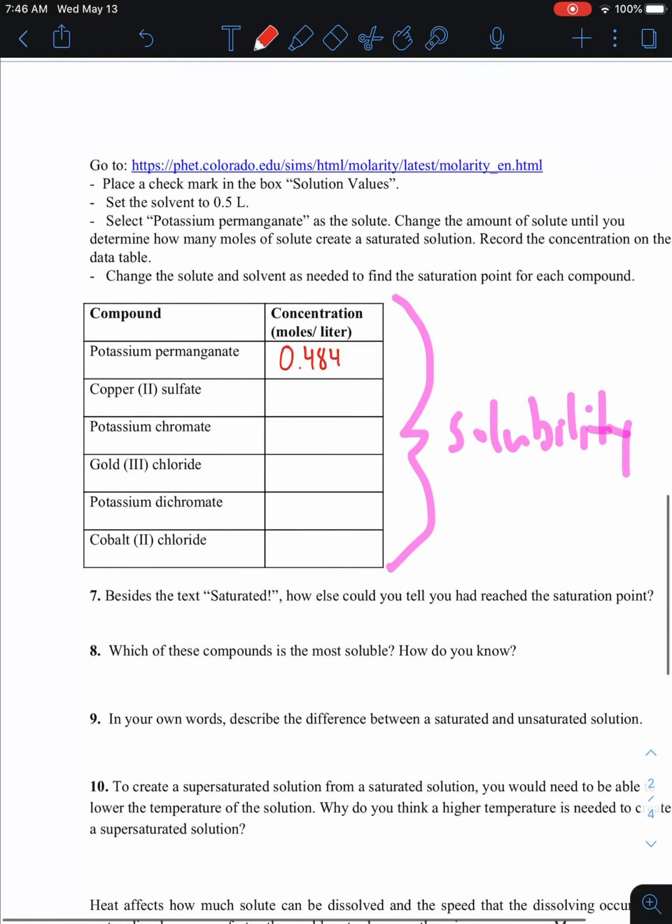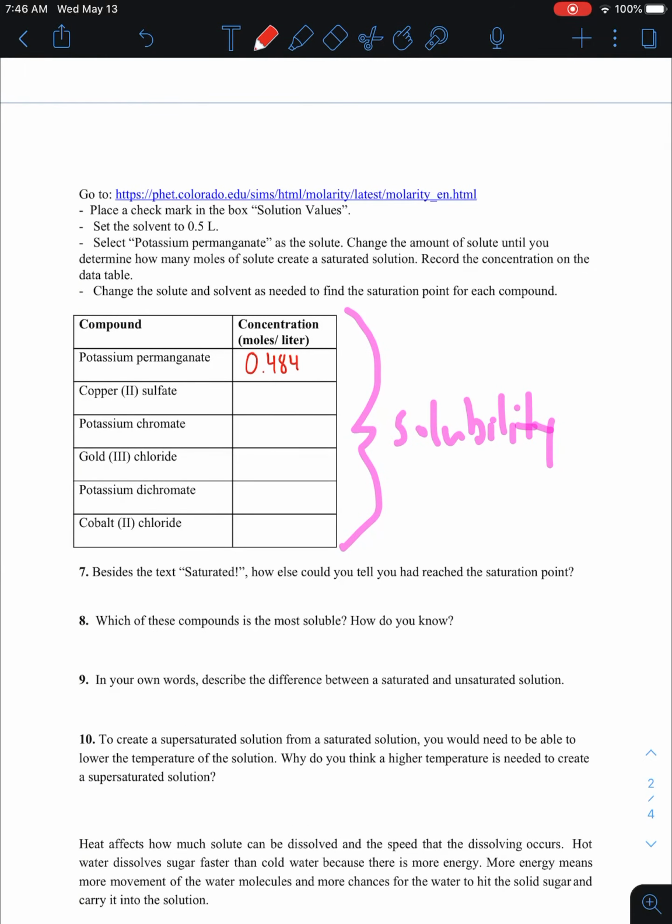What we're going to see is that not all solutions have the same solubility. Some are more soluble than others. Think about this. If it's more soluble, are you going to expect the concentration to be higher or lower? It'd be higher, right? The higher the solubility, the more dissolved it is. So the higher the concentration at saturation,